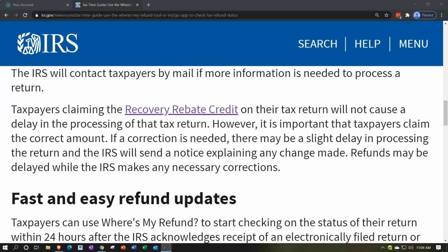So the IRS will contact taxpayers by mail if more information is needed to process a return. Taxpayers claiming the recovery rebate credit, there's a link to the recovery rebate credit here, on their tax return, will not cause a delay in the processing of that tax return. So they're saying, hey, if you file the tax return to claim the recovery rebate credit, which is a credit linked to the economic impact payments, the EIPs, round 1 and round 2 that went out in 2020,